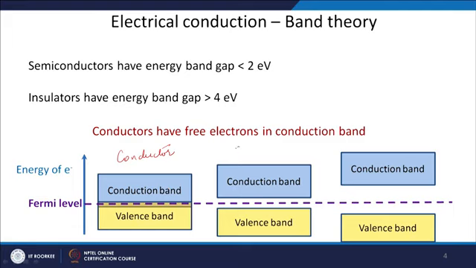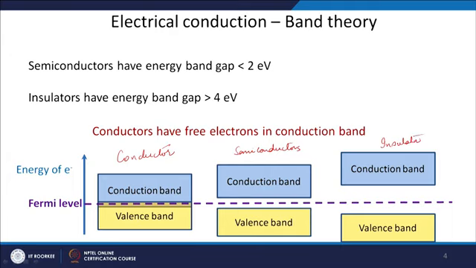Whereas in semiconductors, there is a small gap between the valence band and the conduction band, but the gap is quite small. So, if you have any thermal excitation, the electron can jump to the conduction band. At 0 Kelvin, of course, no conductivity will be there, but at any higher temperature this conductivity will start increasing. In case of an insulator,